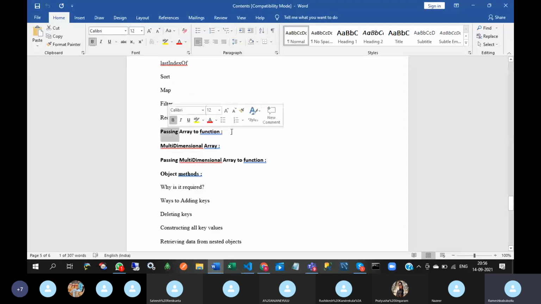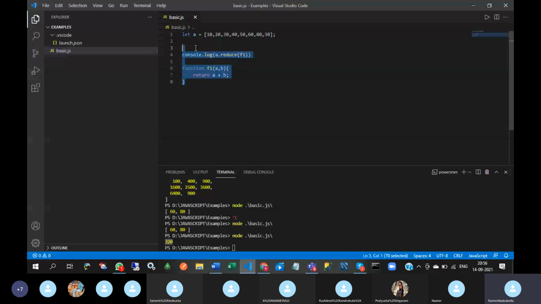Okay. So next one is passing an array to a function. Passing array. Here I'm going to write the f1 function and array.